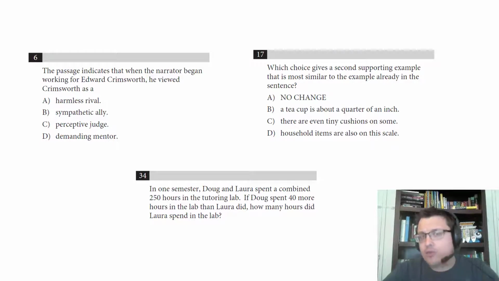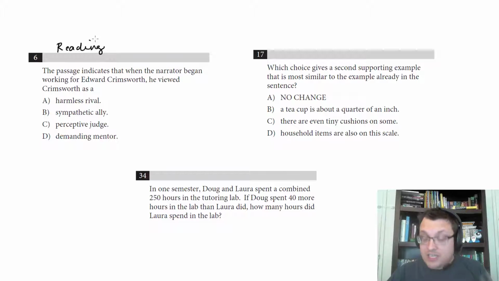So what I have here are three questions, one from reading, one from writing, and one from math. And I want to show where there's some subtleties in these questions that you want to keep in mind as you're answering them. And if you ever get stuck on a question, one of the first things to do is reread it. Reread the question, make sure you didn't miss anything, make sure you didn't misinterpret anything, because that's often